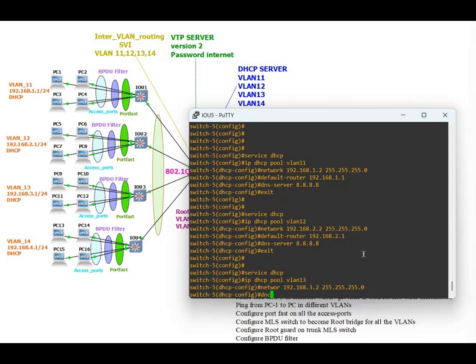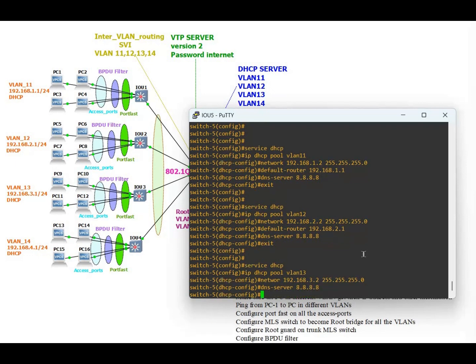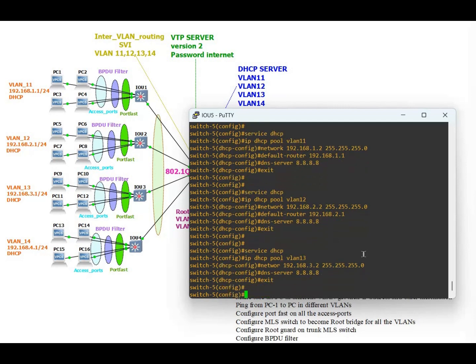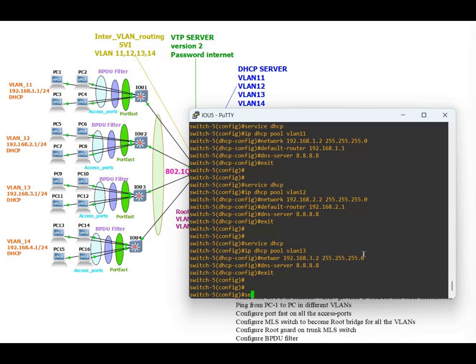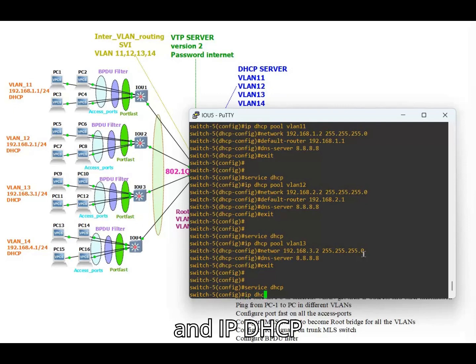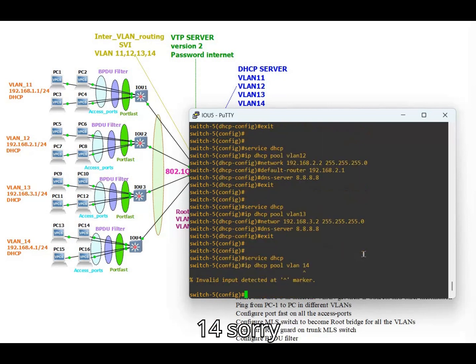The DNS server is 8.8.8.8. Exit. Now for VLAN 14, again service DHCP and IP DHCP pool is VLAN 14,